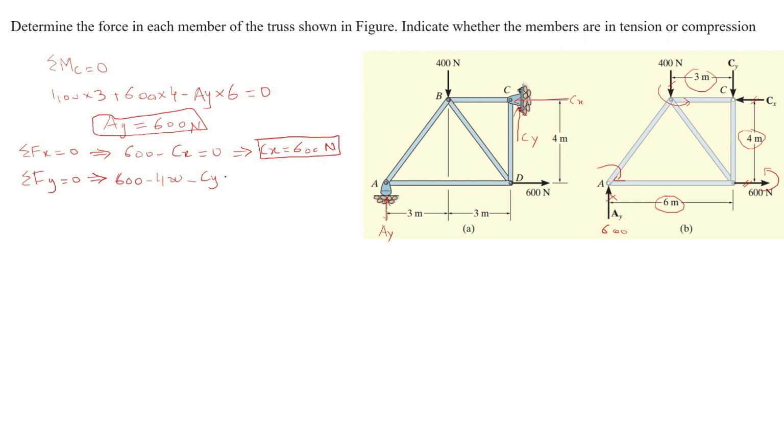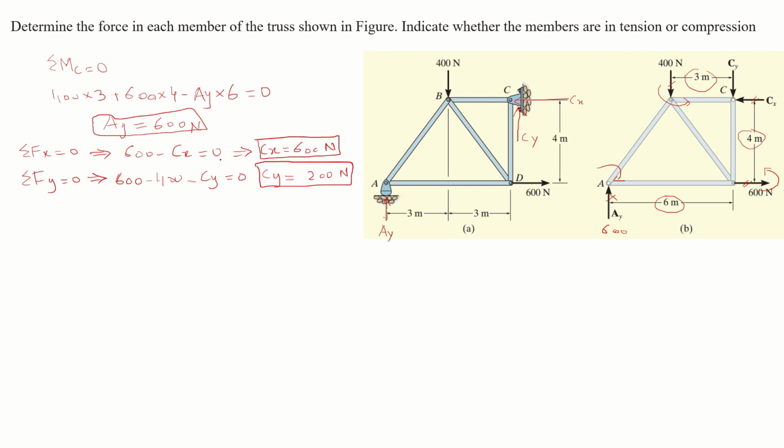So 600 minus 400 minus Cy is equal to 0. So Cy is equal to